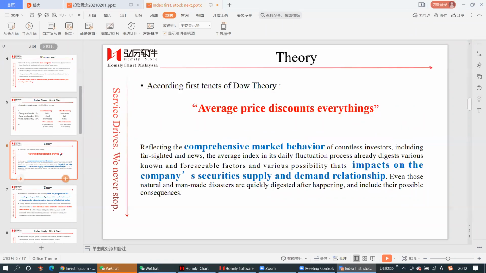And here you can see the theory of all these things. First, the stock price is a discount for everything, reflecting the comprehensive market behavior of countless investors, including the far side and the news. And the average index in the daily fluctuation process already digests various known and foreseeable factors. What are all these factors like? From big, we can say that is